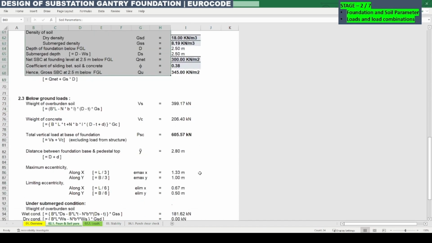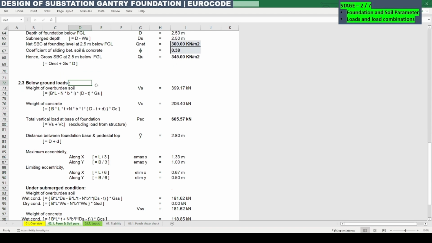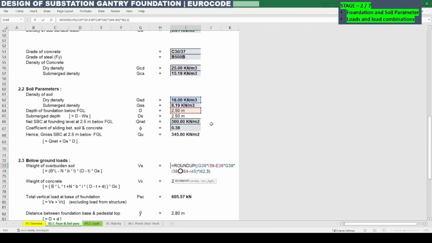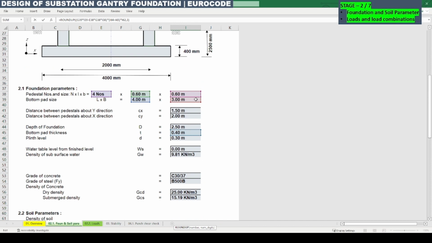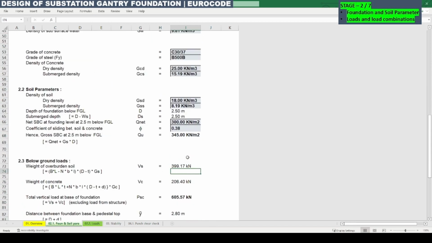Then we need to calculate the weight of the foundation along with the soil which is below the ground level. So the weight of the overburden soil is density into the depth of the foundation into the sizes of the foundation, and deducting the pedestal and the raft. So we are getting the weight of overburden soil